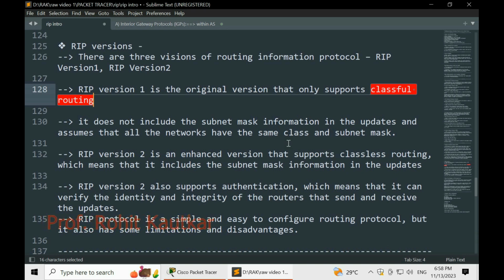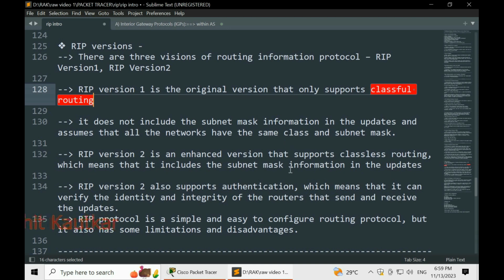Whenever they share an update with the neighbors, they include subnet mask information as well. Apart from that, RIP version 2 also supports authentication, so it can verify the identity and integrity of the router who is sharing these updates.